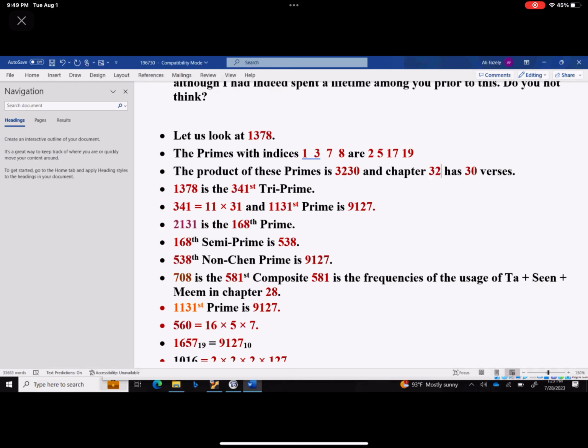Chapter 32 has 30 verses. Okay, so I have to change it on the website. Okay. More importantly, not more importantly, but just as important, 1378 happens to be the